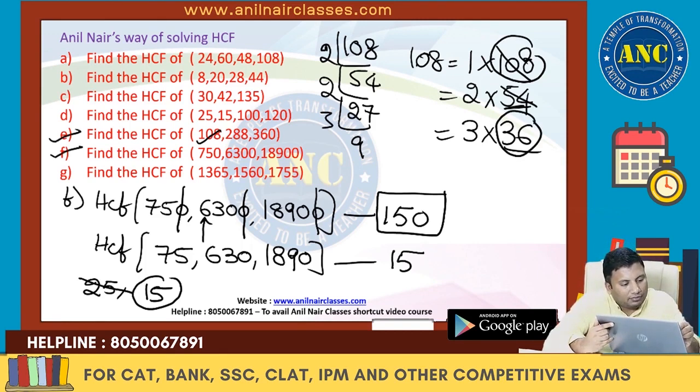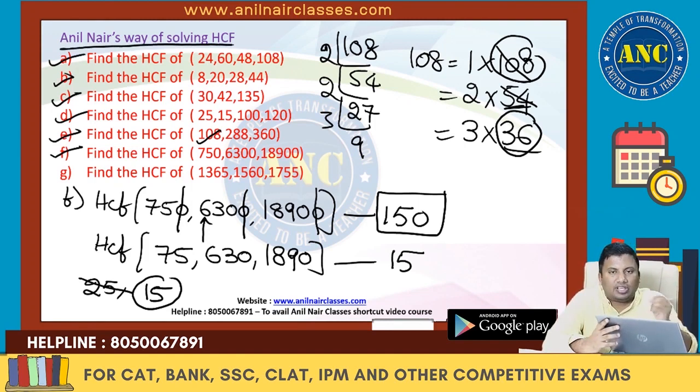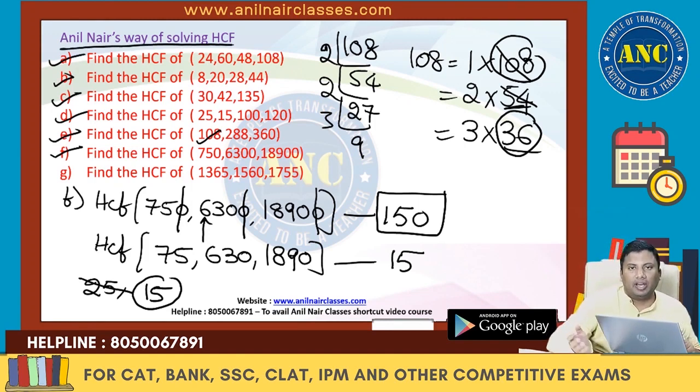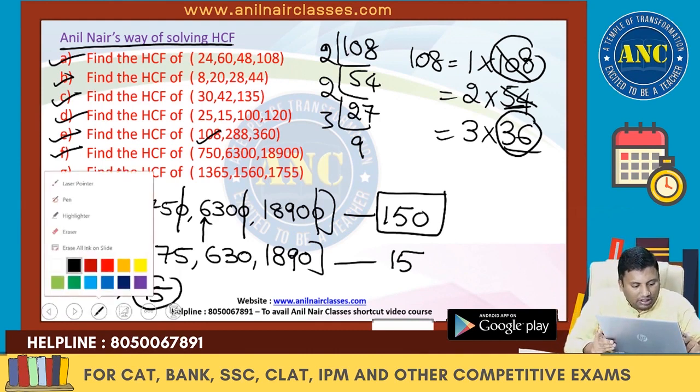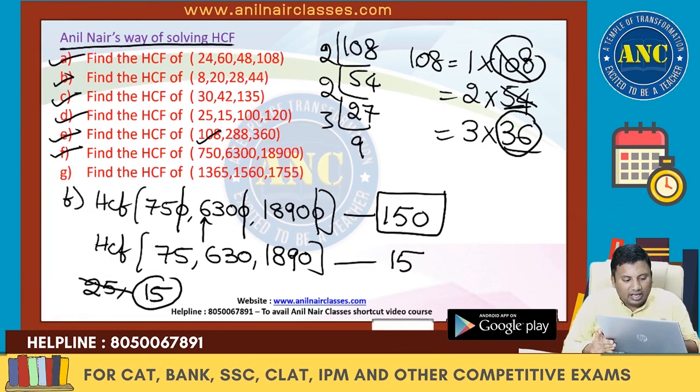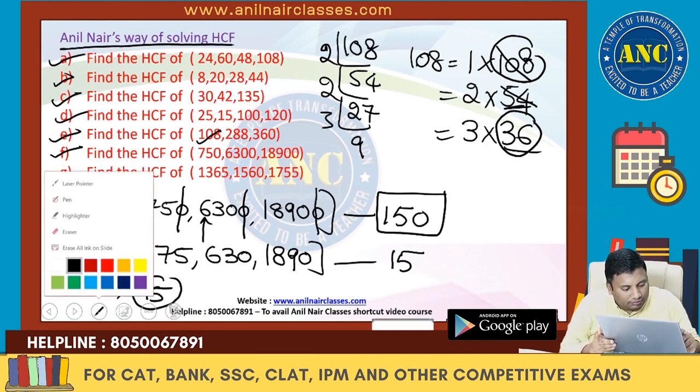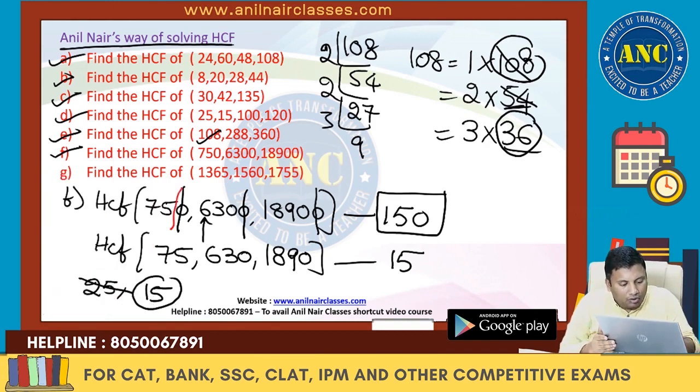Option F. A, B, C, D, E, F. How to solve HCF in the most logical way? Take the factors of the lowest number, because it is the lowest number. Option G. What if the numbers are large? I hope it is clear. I removed one 0 and condensed the number. Then I took the factors.